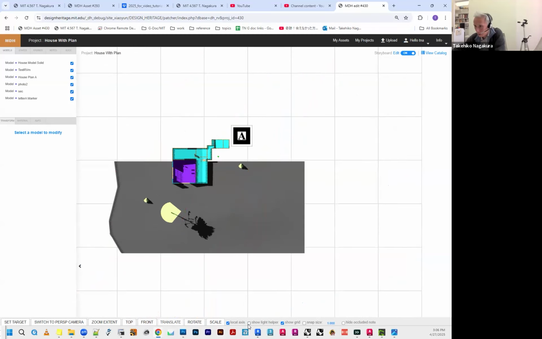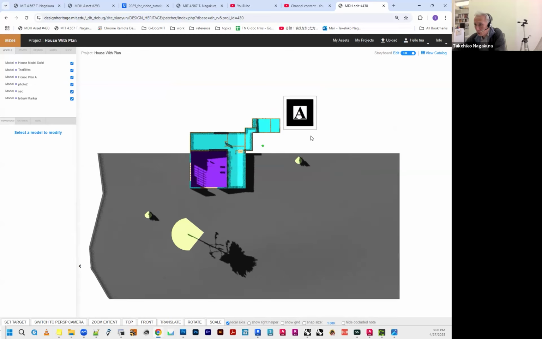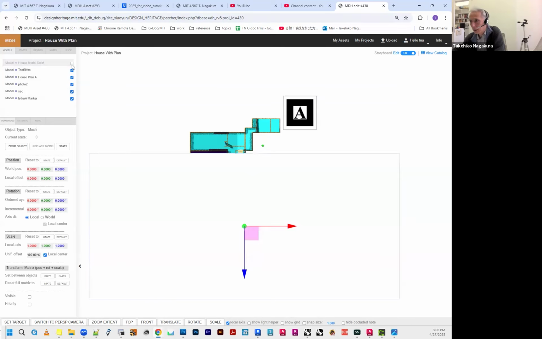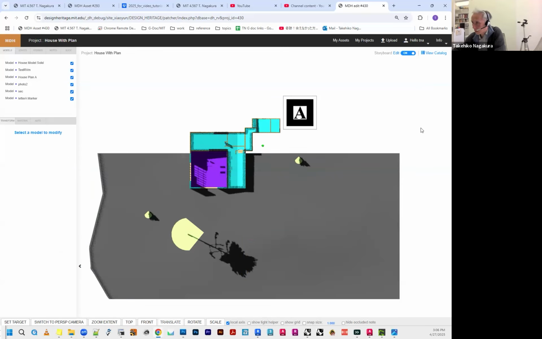I will remove the helpers. Yeah. So this shows where the tag is relative to the model. And depending on what kind of illustration you want, you can toggle like this, or you can keep it. For now, I just keep it. And then I will just